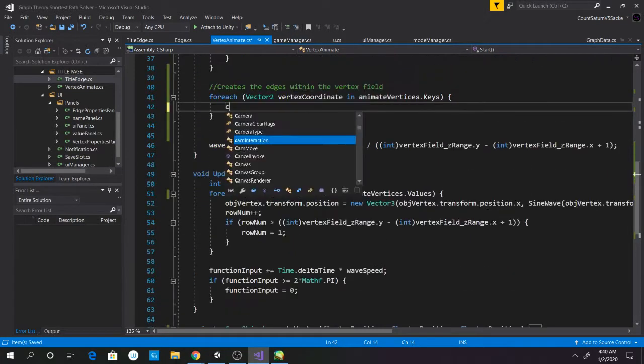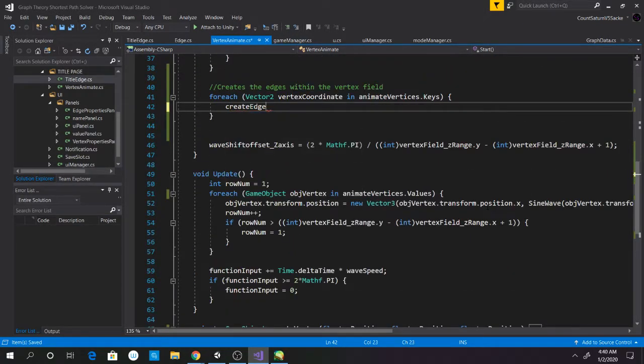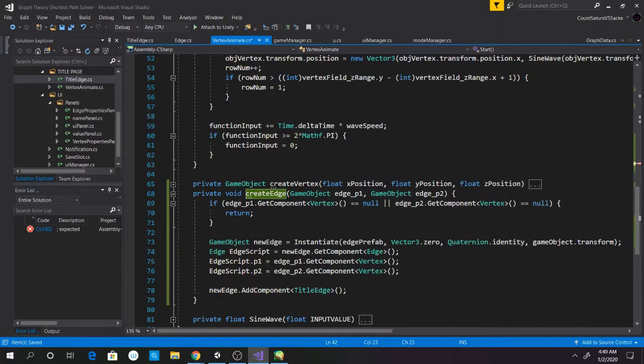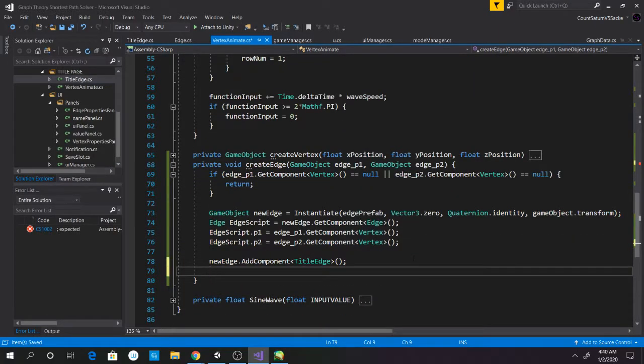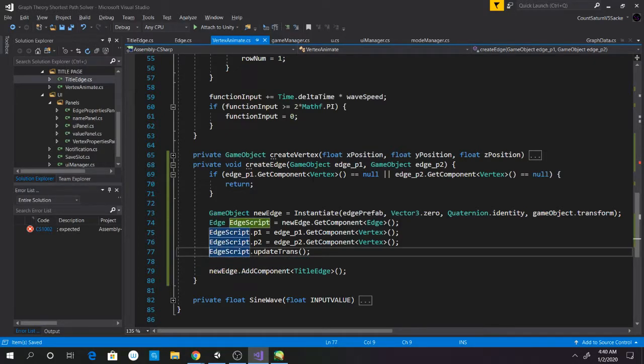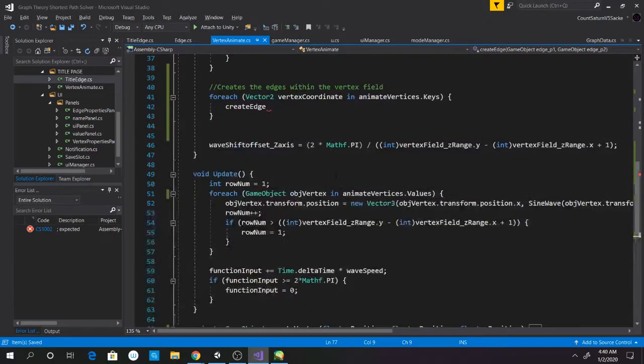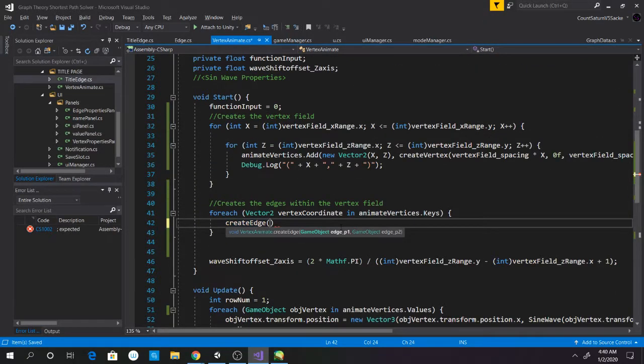Okay, all I need to do is create edge, and hold up, I also need to do something, and this is going to be edge script.update trans, just like that. We're just going to do it like that, just to make sure. Okay, so we're going to create an edge, and the first point, I just might as well make it